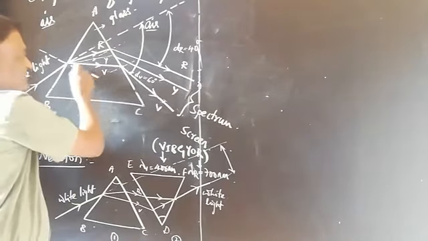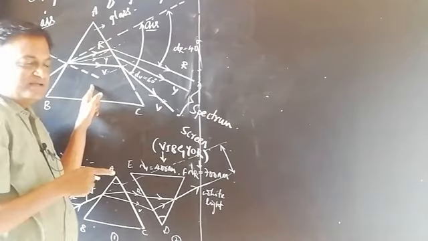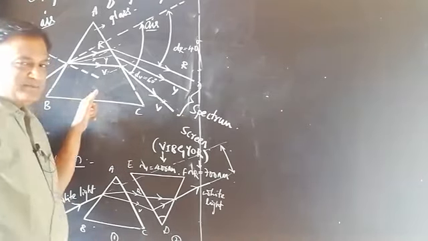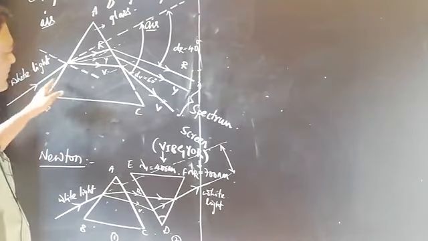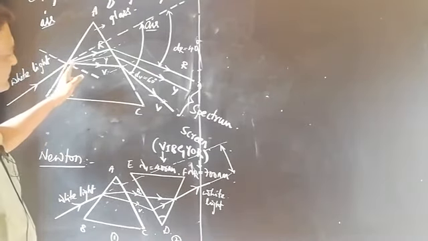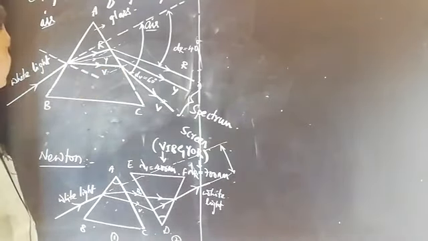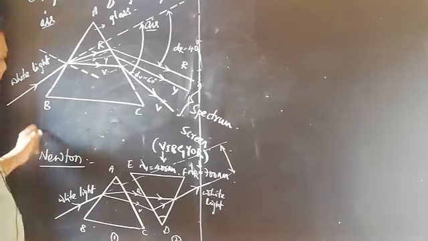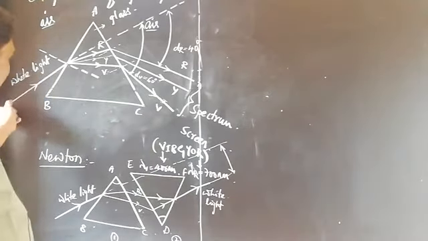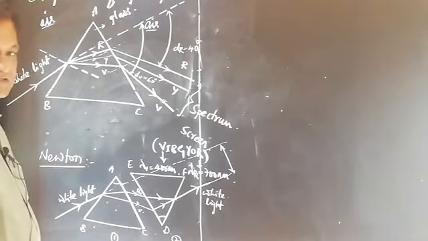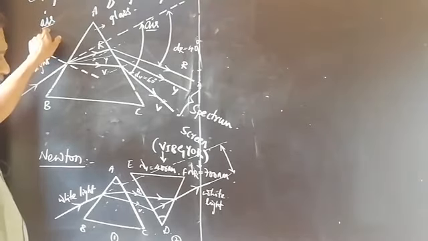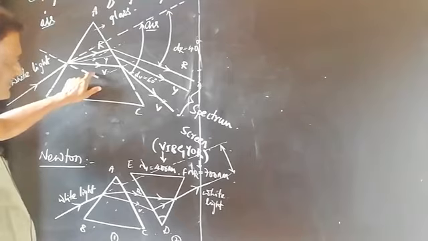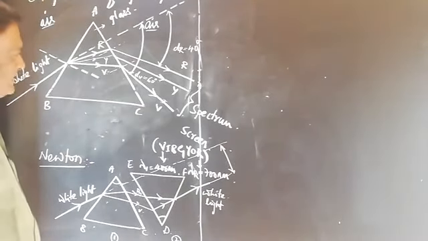Since different colors travel with different speeds, as already discussed, the refractive index of the given material can be calculated by taking the ratio of the speed of light in air divided by the speed of light in the given medium. White light comprises all the colors. All the colors travel with the same speed in air or vacuum, whereas different colors of light travel with different speeds in a medium.